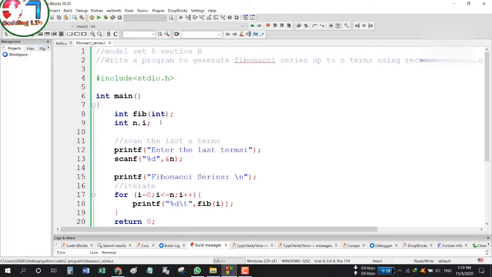And as I have to use a function, we know that before creating a function, we have to declare its name before the main function. So this is the basic need. And also I need to scan the last term, because my question is to write a program to generate the Fibonacci series up to n terms. So what is the value of n? That means the last digit of the series.